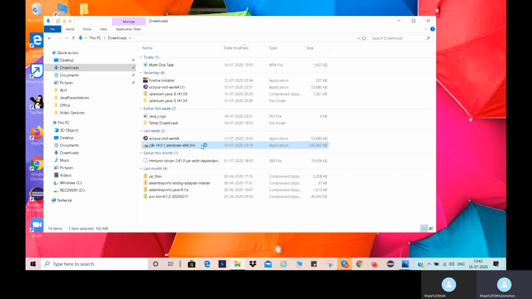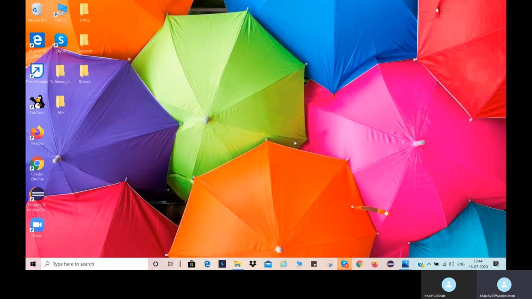In order to start the installation process, a pop-up will be displayed with the message, allow this app to make changes to your device. That pop-up will not be captured in this recording. There also you click on Yes button and the Java installation process will start.